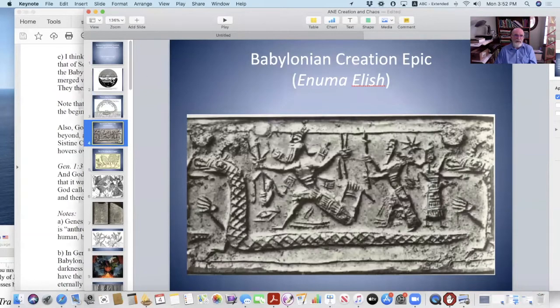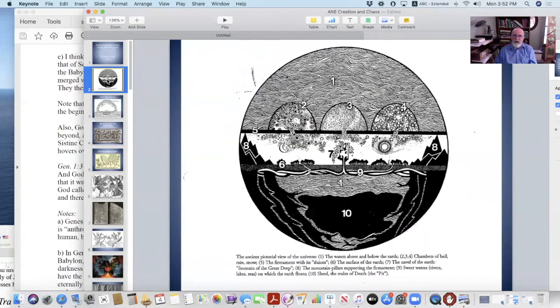We're going to be looking at a few of these. You may be wondering already about the cosmology, that is the worldview, the way they understood the universe to work. And I'll come back to this picture in a little bit as well, but one sees here immediately the waters above the dome of the heavens, the waters under the earth, and the dry land, as well as the heavens under the waters of creation. I'll come back to that.